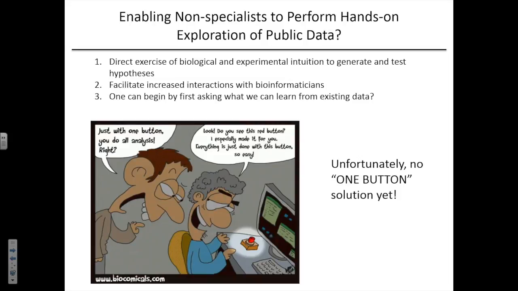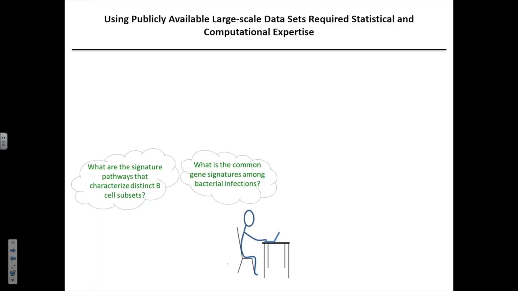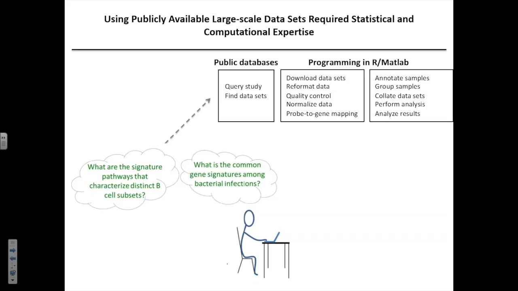I wish there were a one button you could press, ask a question, and all the data gets in and you can start to extract information out of it. So this is a scenario you can imagine. You're a biologist, and you're asking what the signature pathways are that characterize distinct B-cell subsets, for example. Let's say you've got your favorite antigen-specific B-cell subset, or what the common gene signatures are among all the bacterial infections. You can do that now, actually. There are lots of tools out there. You can go to a public database, you can query the data, you can find the relevant data sets,